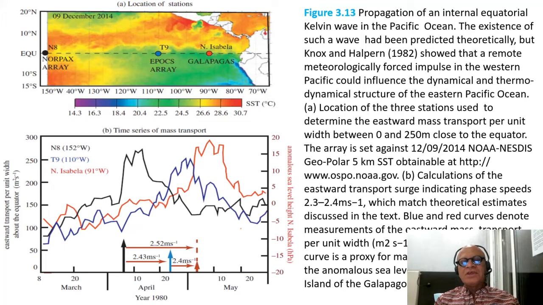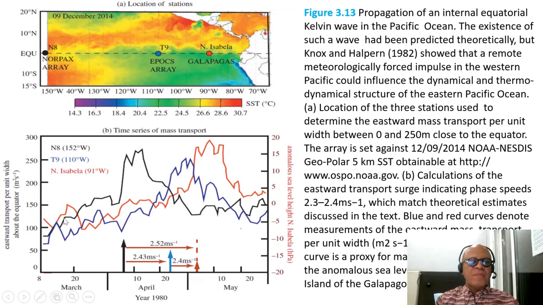The earliest observations of gravity waves, I think, go back to the 1960s, if I'm not mistaken, where people used the data that was available. In this case, this is from 9th December 2014 in the tropical Pacific, going from the NORPAX array here at 150 degree west, epochs array at about 115 degree west, and the North Isabella data from here. And what is being seen here is the travel of the signal